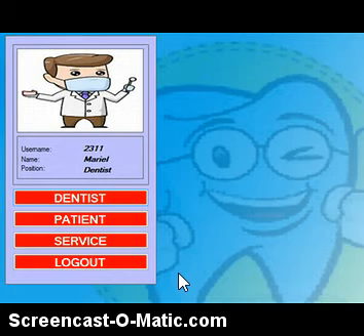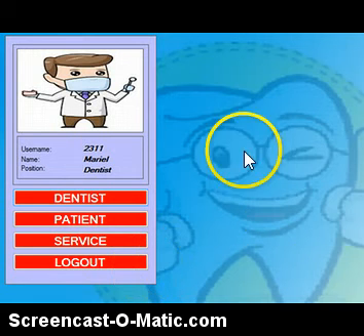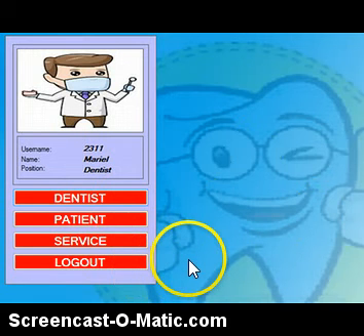But if you log in as a secretary, you are not allowed to use the dentist menu here, just only the patient, service, and of course the logout. So the full access of this program is only for the dentist.